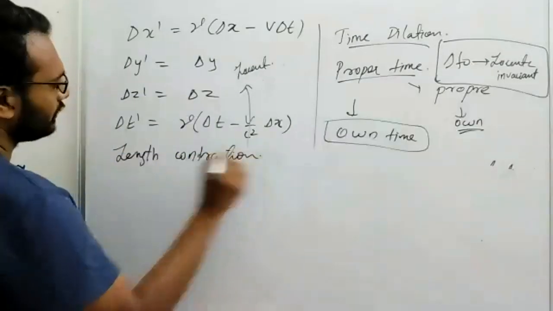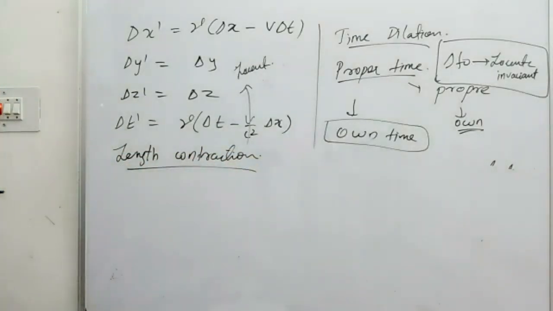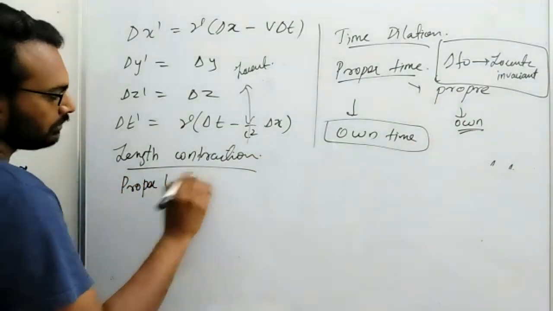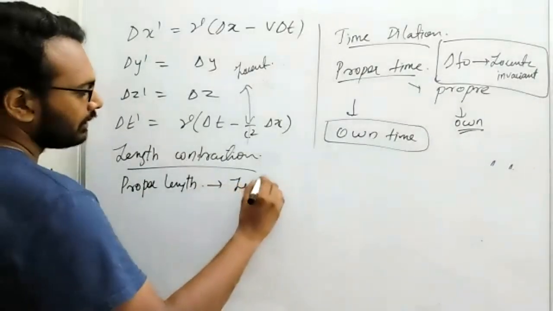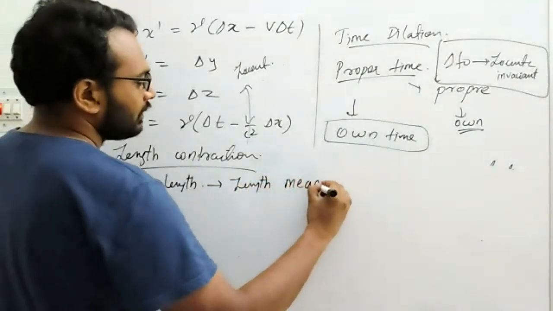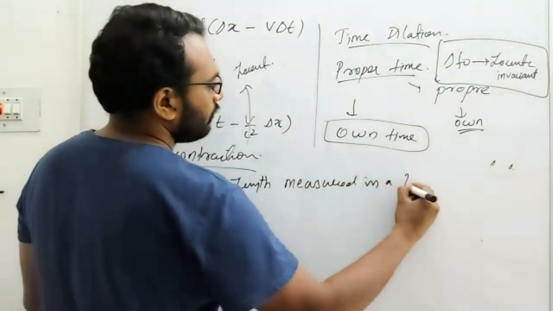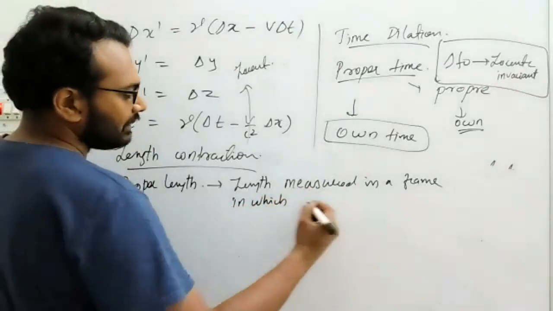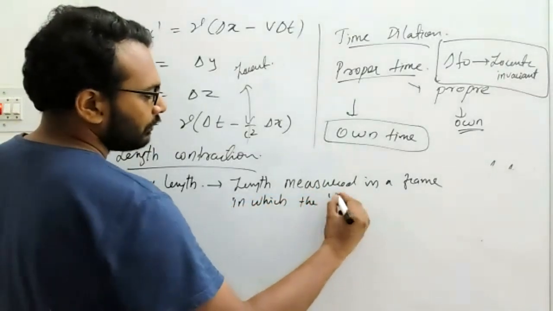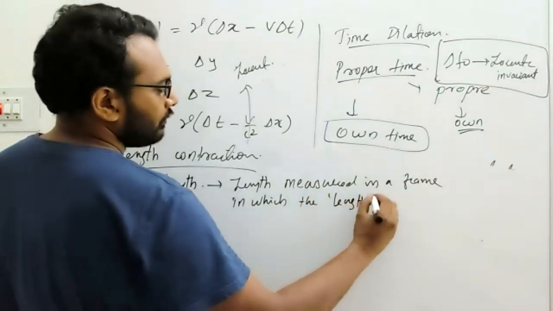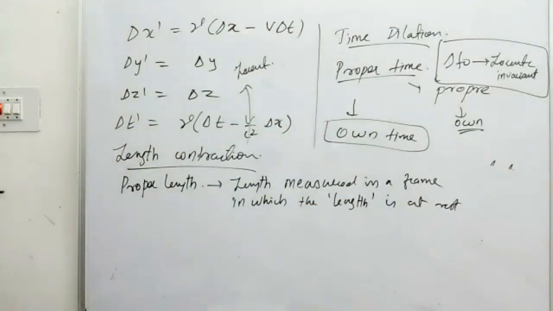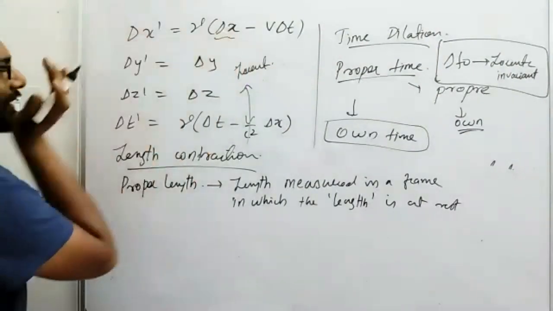Length contraction. Again, you can talk about a proper length. This is the length measured in a frame in which it is at rest. Whatever object here is at rest. It's known as the proper length, and we can write it as delta x0 or something. Now what we do is, let's say delta x is the